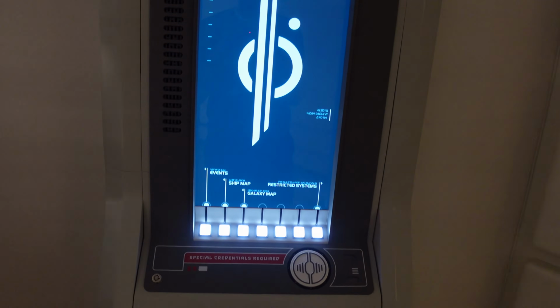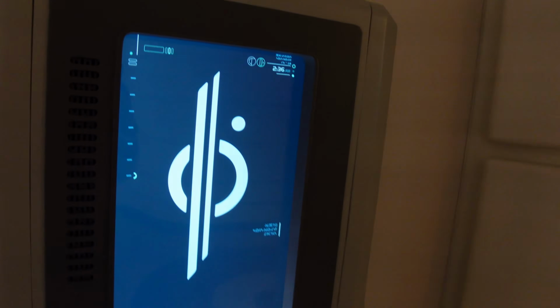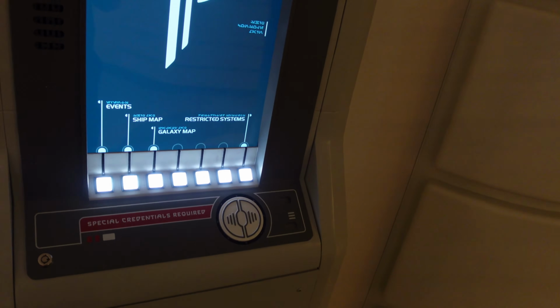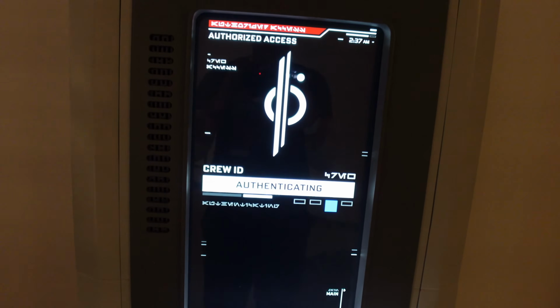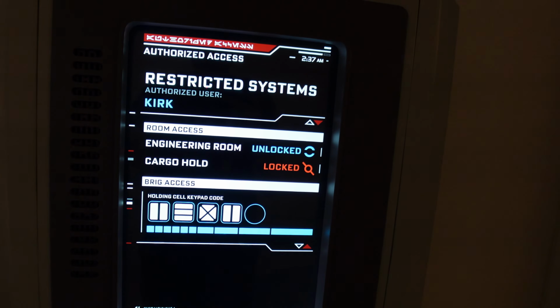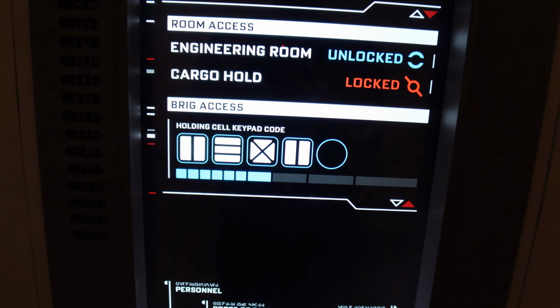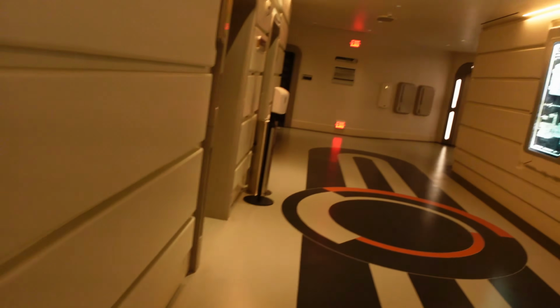All right, here we are on deck 4, and this is where I scanned into restricted systems with Wraith. So Wraith, who is the tour manager for Gaia, it's 2:36 a.m. What are we doing? Just talking Star Wars, no big deal. And he gave me access. So if I scan my MB, it should show me restriction, authorized access for areas. Engineering room is unlocked. The cargo hold is still locked. And then this holding cell keypad code is very, very important. You guys are gonna help me remember this because over here,